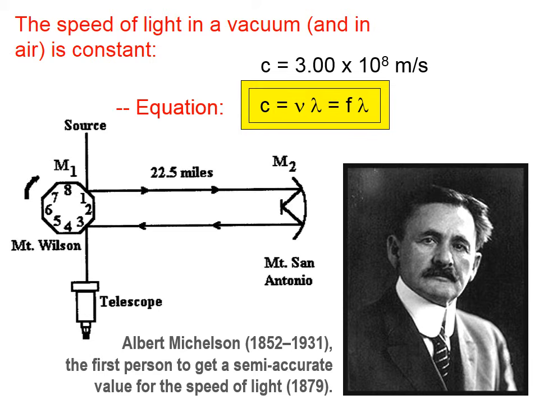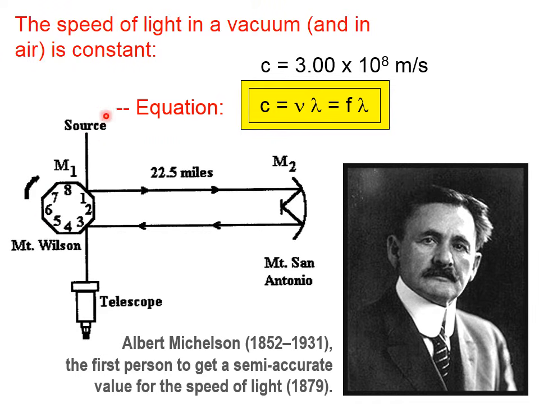Albert Michelson, pictured in the lower right here, was the first person to get a semi-accurate value for the speed of light in the late 19th century. Here is a picture of his setup. It is not to scale, and it involved a rotating octagonal mirror, and 20-some miles away another curved mirror and a flat mirror, and the trick was you had to rotate this octagonal mirror at the right rate so that